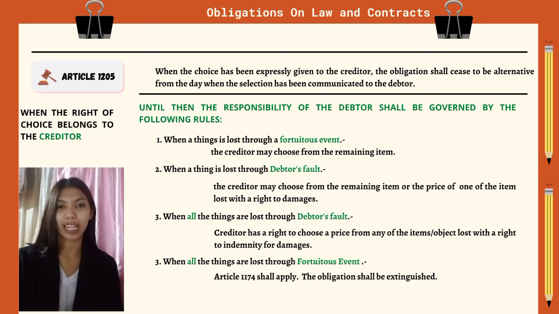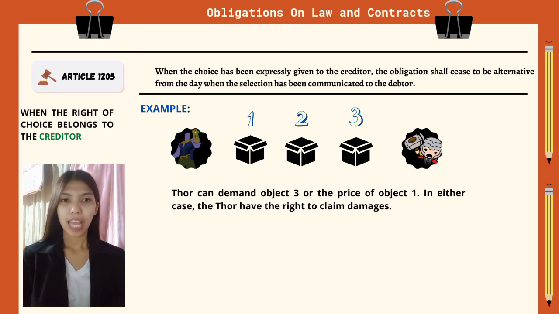And then fourth, when all things are lost through a fortuitous event. In this case, Article 1174 shall apply. The obligation shall be extinguished. Example, Thanos obliged himself to deliver either object 1, 2, or 3 to Thor